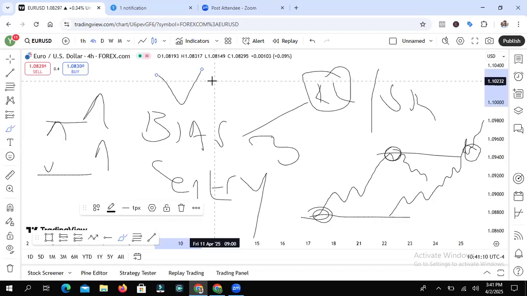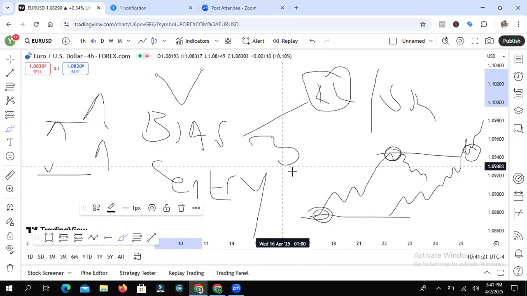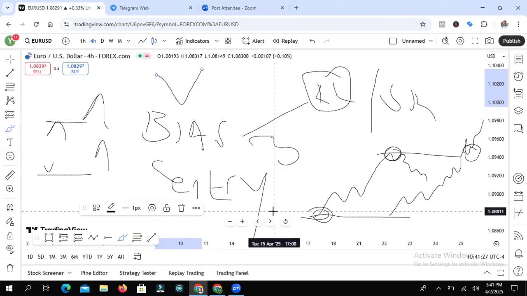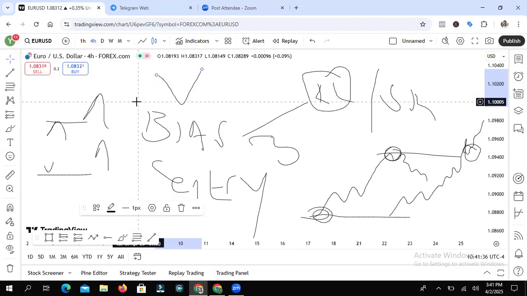The third one is an open-close key level, but for the sake of time, I don't want this meeting to go too long. So I will only be talking about the A shape and V shape key levels, and I will be backtesting them. I will take some trades live with you so you can see it. So that's it about key levels.